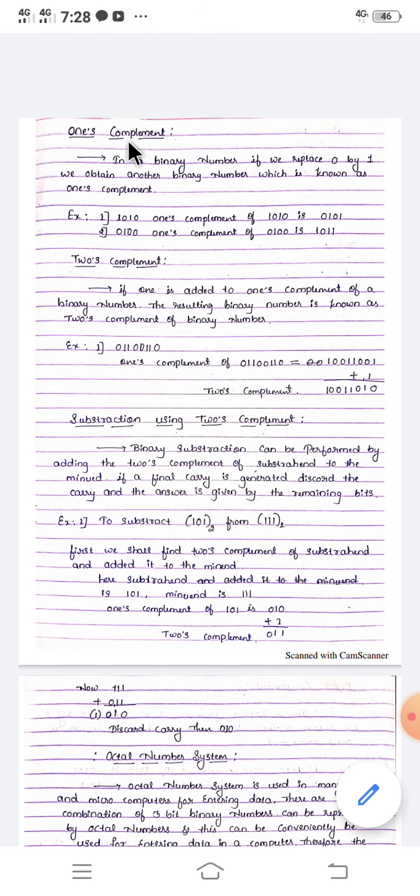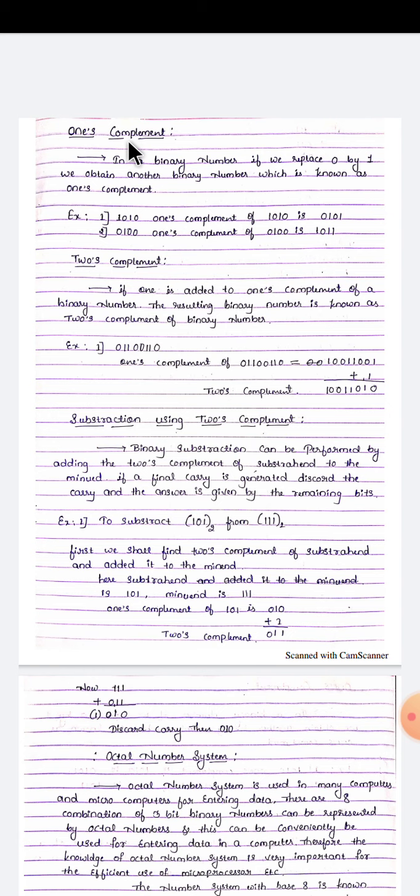In the first class and second class I discussed digital electronics. In the first class we discussed what digital electronics means, binary numbers and decimal numbers. In the second class, conversion from binary to decimal, decimal to binary, and also binary addition, subtraction, multiplication and division. So all of you are familiar with binary and decimal numbers, and the conversions. So this is the third class.